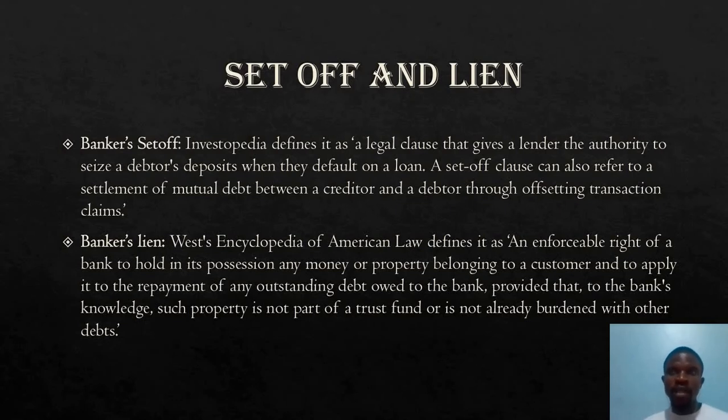Now, if, for example, we are talking about a different arrangement other than a banker-customer relationship, if you take a loan from me to buy a car, and I know you bought a car with my loan, we can have, as part of my set-off, the fact that if you refuse to pay me back my loan, I can take your vehicle and sell it. Selling your vehicle is me setting off the money you have with me.